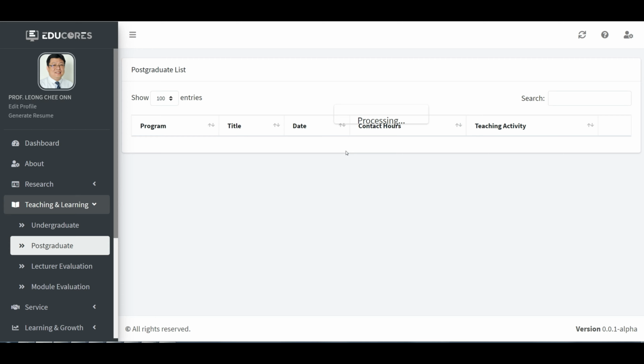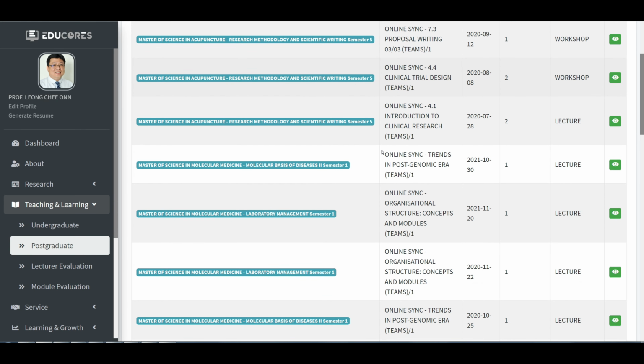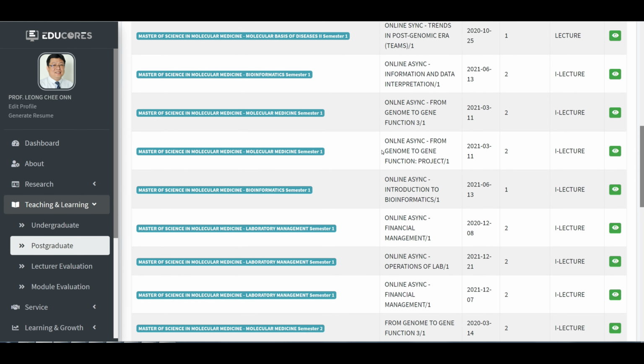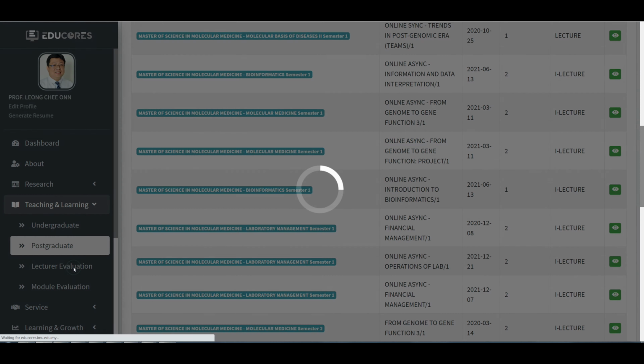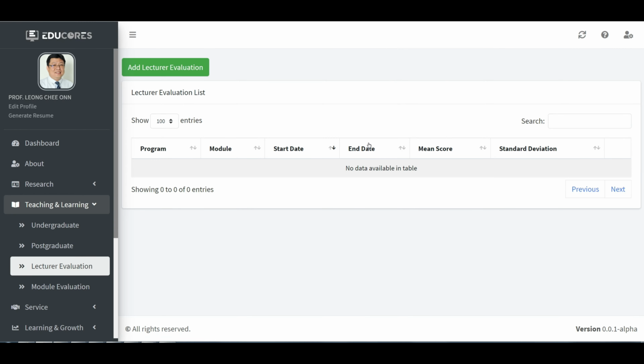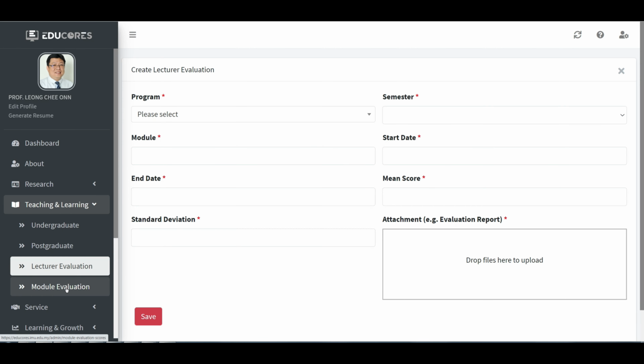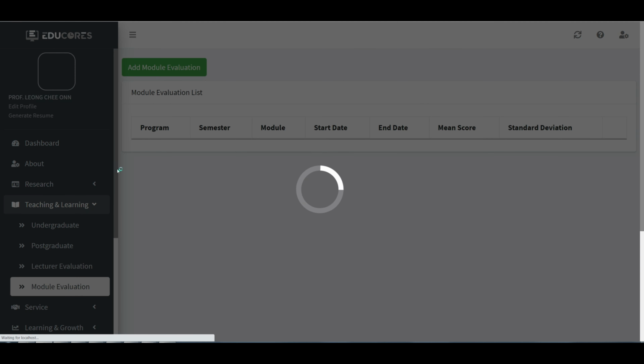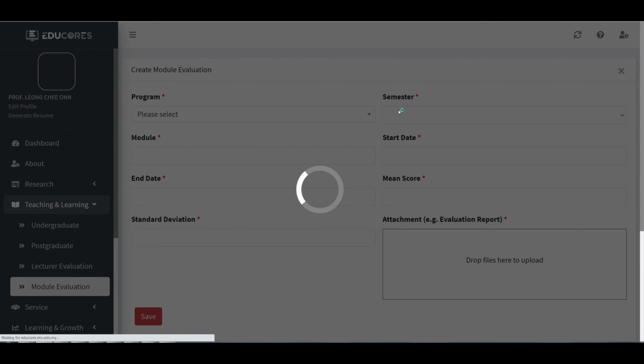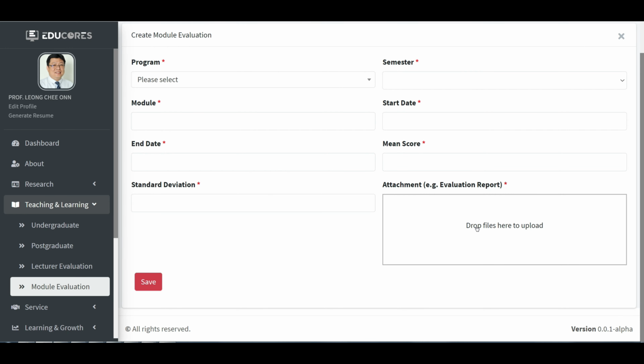The information will be automatically populated based on official timetable record. For lecturer and module evaluation data, it is up to the user or the HOD to decide based on the individual department's or school's practice. In this regards, you can use EDUCAUSE as your individual repository to organize and store your document for future application purposes.